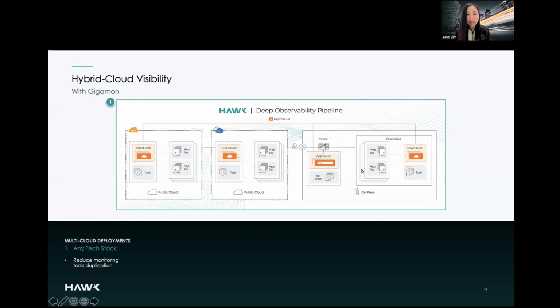So you see that because we can see into any of your environments, for example, let's say this is Amazon, this is Azure. Gigamon has a single pane of glass, a single management platform, connecting all your different networks together. So we can see into all your different environments. We will get the traffic. And let's say your workload is actually on Amazon and your tool is actually sitting on Azure, for example, your IPS is sitting on Azure.